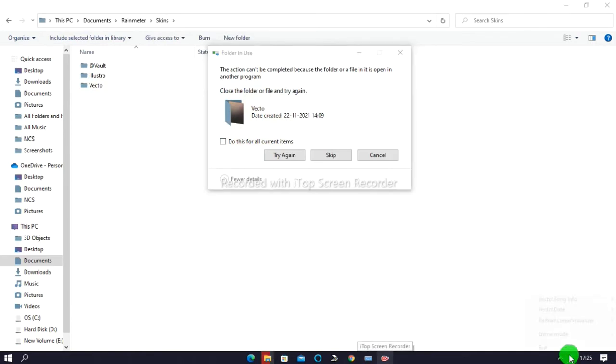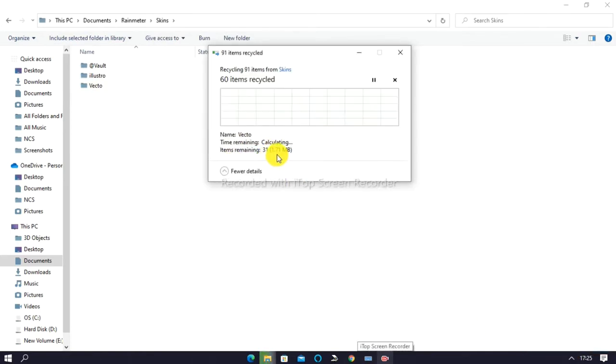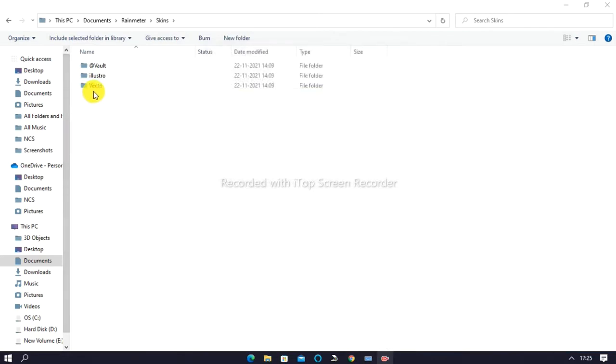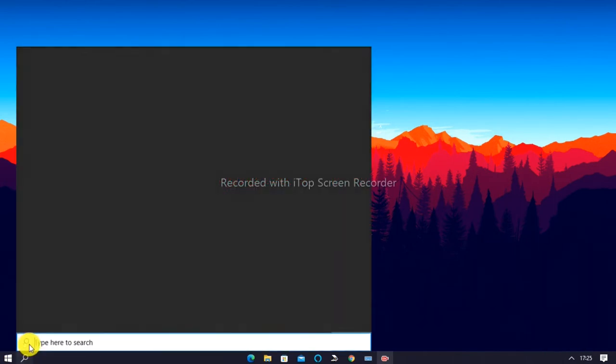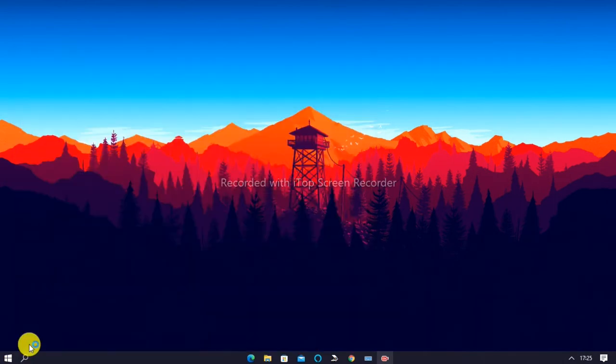I have to exit it, sorry. Then as you can see here, Rainmeter is not launched. I will launch it again. It is taking some time.